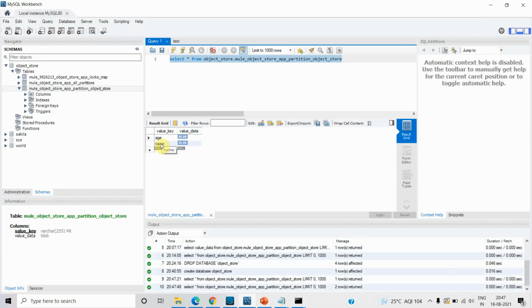You can see age has also been added. So both nodes are sharing the same database, and we are persisting our data in a MySQL database. Even if the server goes down or crashes, your data will not be lost, which has been stored by the object store.